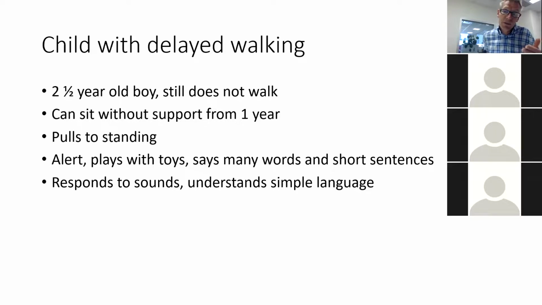This child was a 2.5-year-old boy who still didn't walk. He could sit without support from about a year of age. So he was delayed in sitting, because a child should be able to sit from about 6 or 8 months of age, but he could only sit from 12 months. He could pull himself to stand, but he couldn't stand independently. And he was alert. He played with his toys. He said many words, and he responded to sound. He used simple language. So this boy has an isolated gross motor delay, and you need to think about why